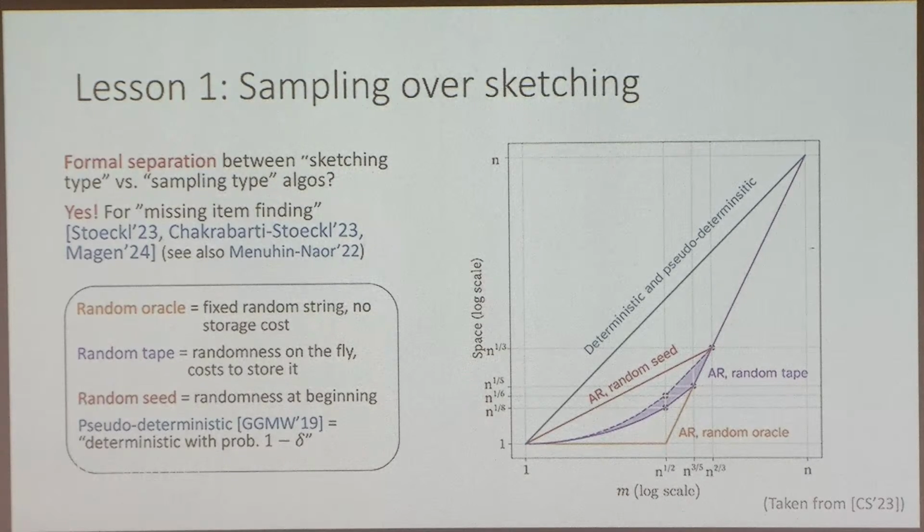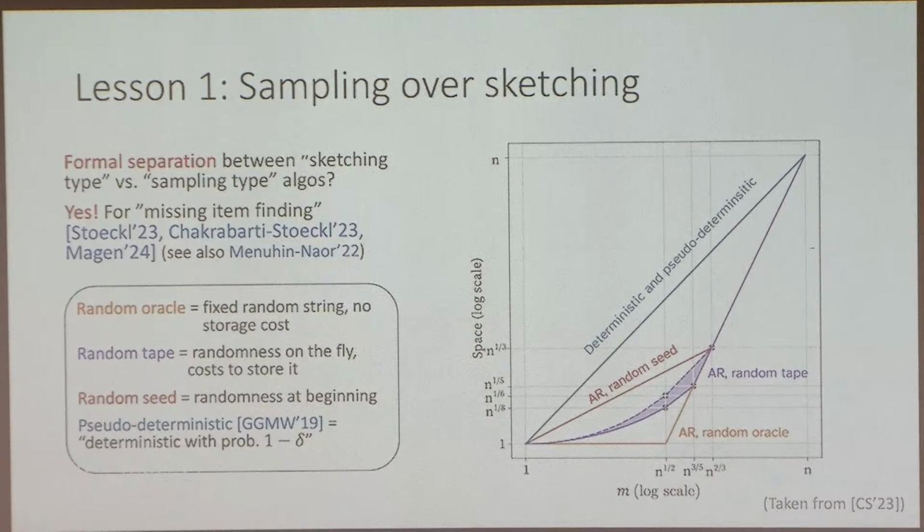Apparently there are some problems where this pseudo-deterministic model is stronger than the deterministic model. This is not one of them. And there is a separation between all of these randomness models. So